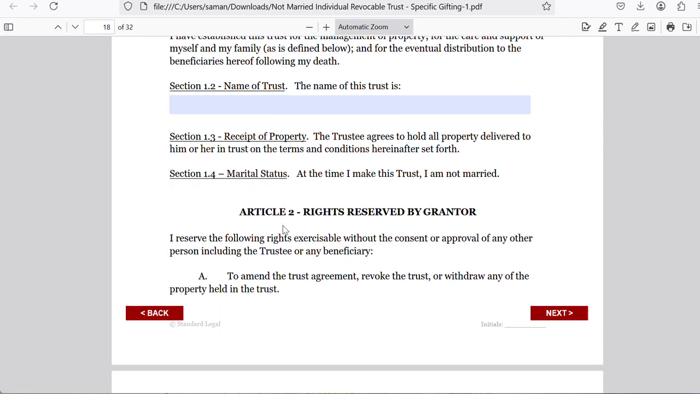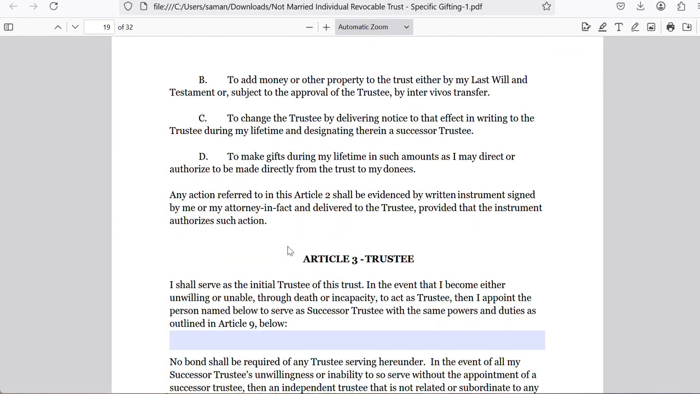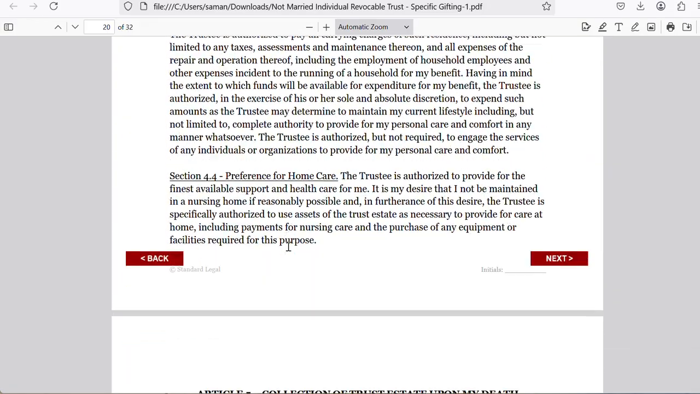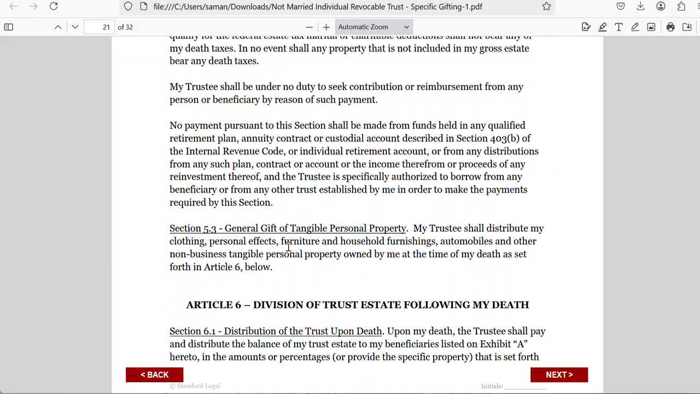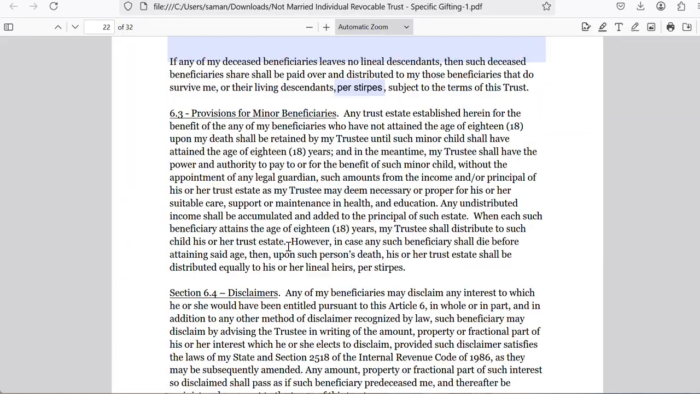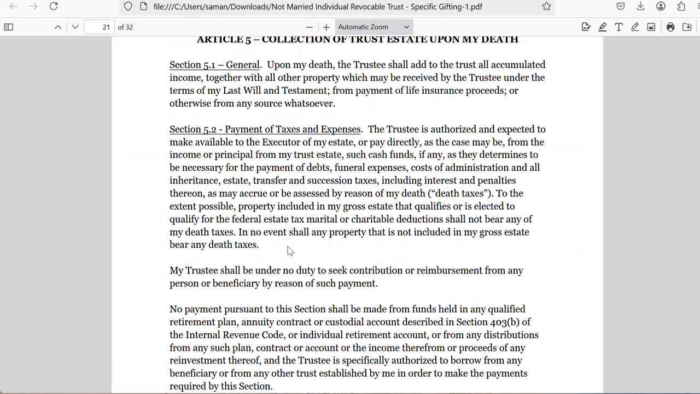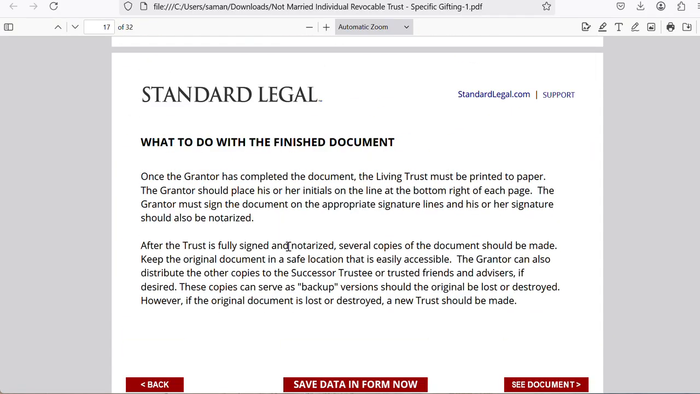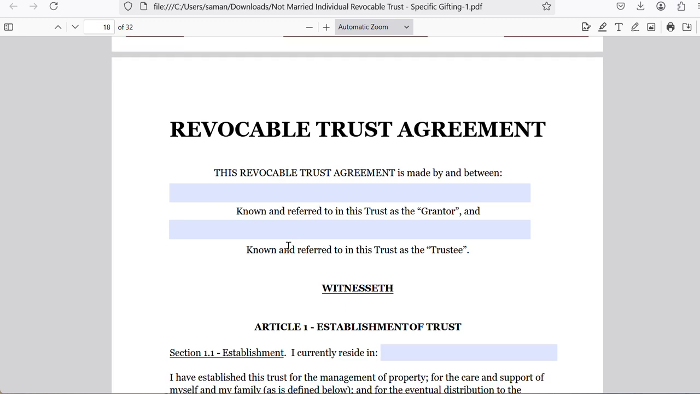But this will have your name. It won't have any of these blanks. It will all be filled in with your information. So just showing you the format, and that should answer any questions about the Living Trust. If you have any additional questions, then feel free to email us, support@standardlegal.com. If you would like, you can give us a call,